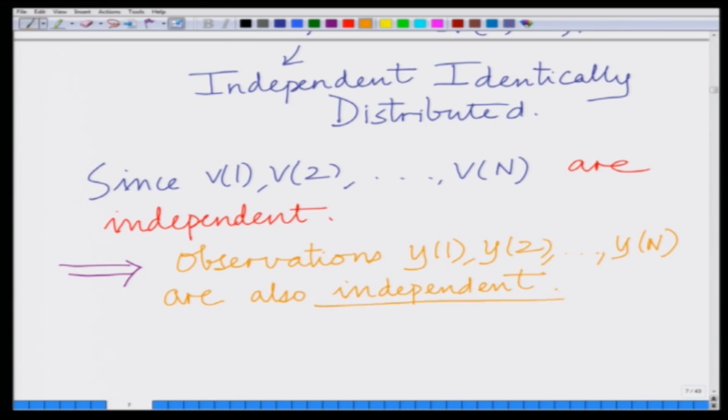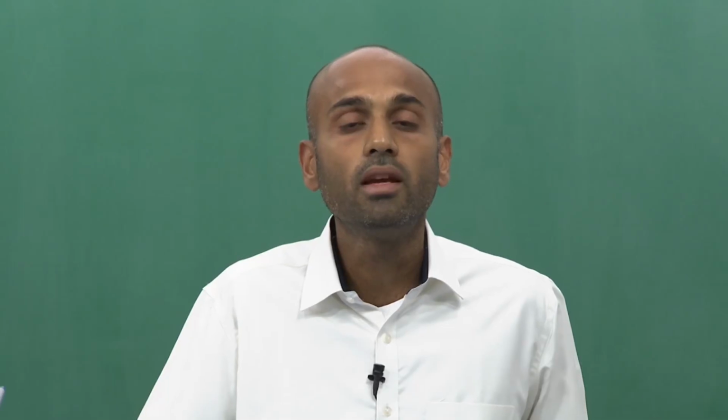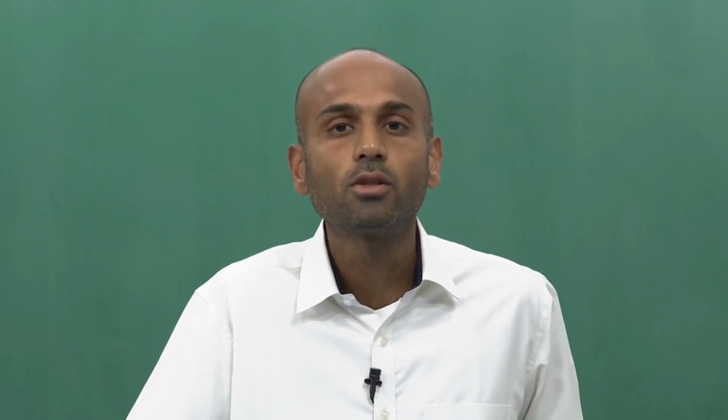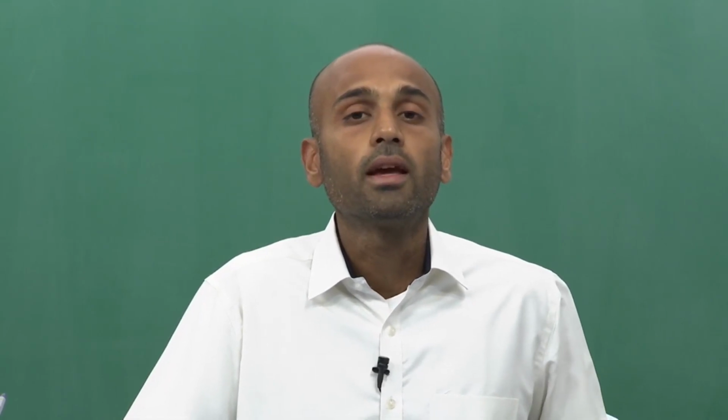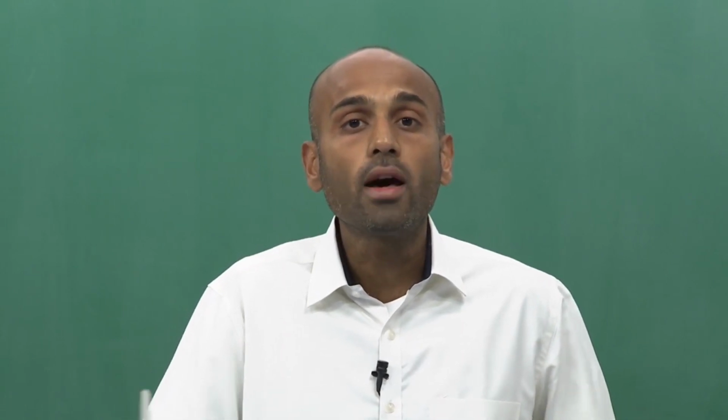In fact, they are independent, identically distributed with mean h and variance sigma square. Therefore, the joint probability density function of the observations y1, y2, yn is the product of